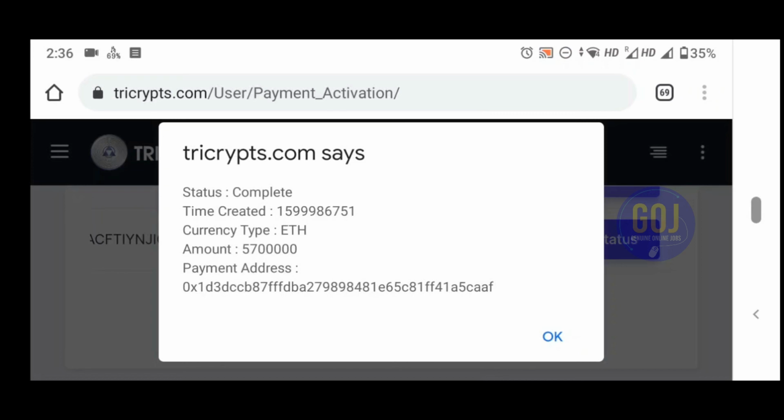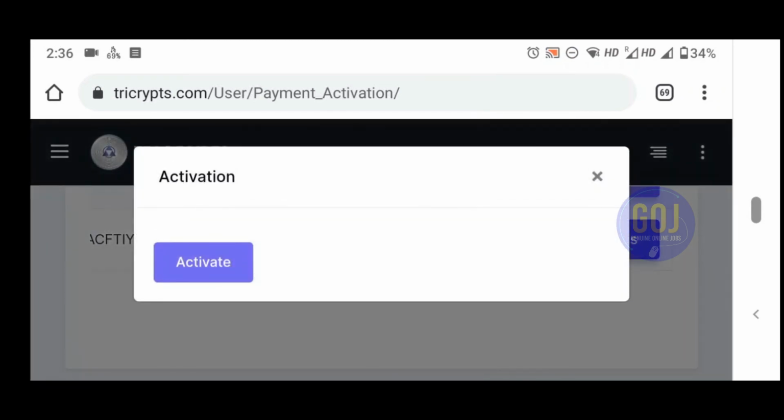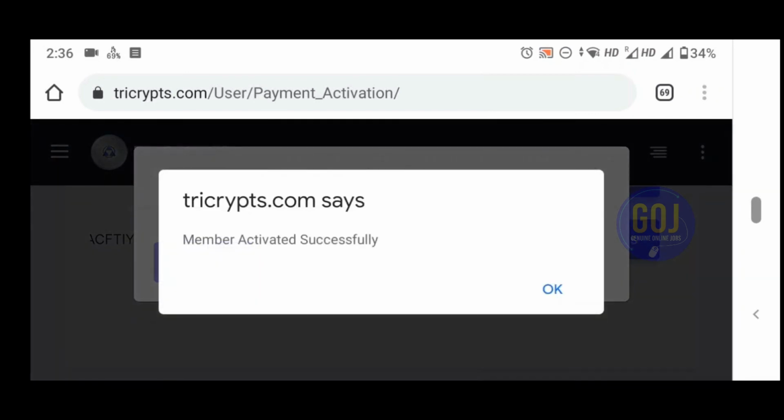Once the status looks like this, complete, then you can click OK and the pop-up will rise to activate. Give a click on activate, just that. Once you click on the activate button, your account is activated successfully. That's it. We have finished the activation process.